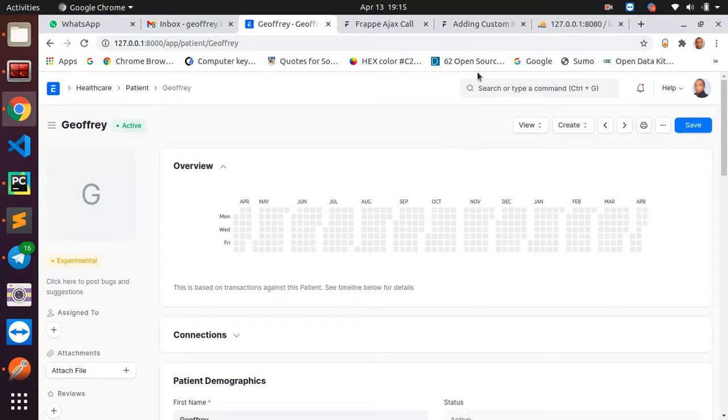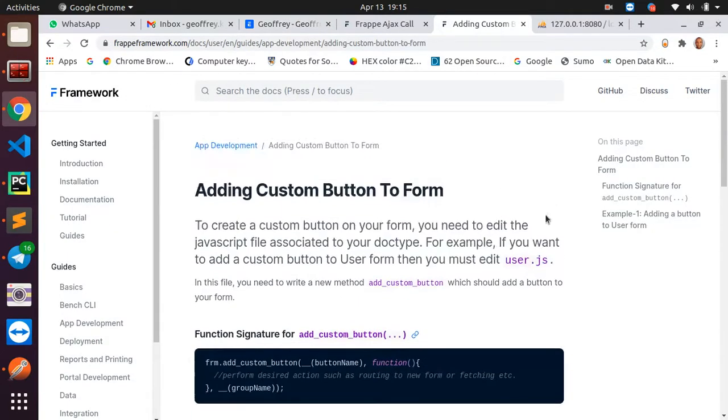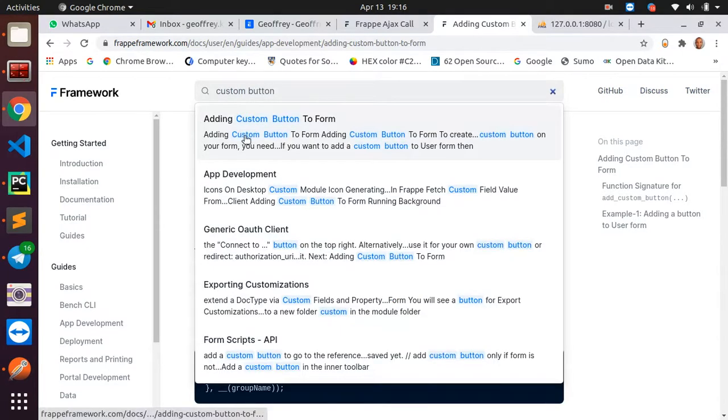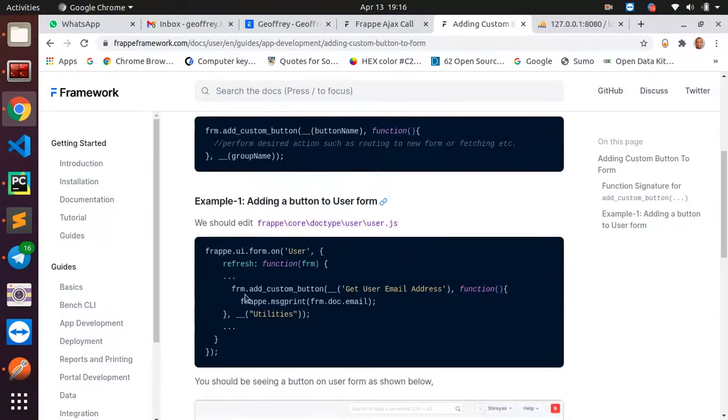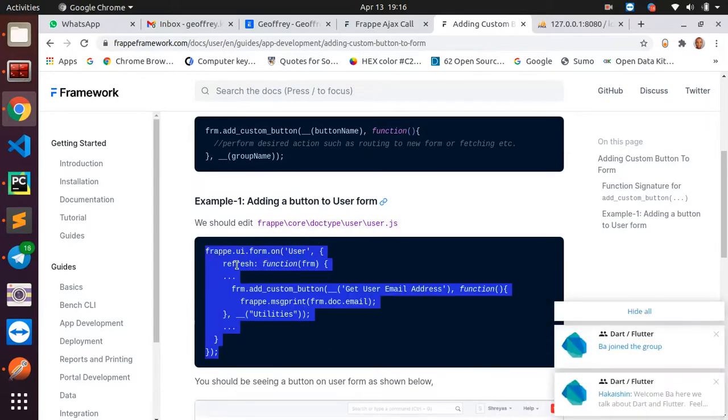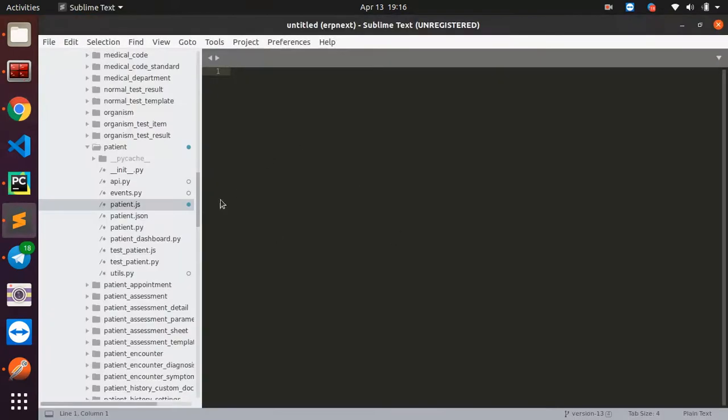So I'm going to go to Frappe documentation, and when you go to Frappe documentation you can just type on the search bar something like custom button, and here you see there are various types of custom buttons. I'm going to go with the first one and select this one. So when I copy, I'll just copy this code, then take it to my